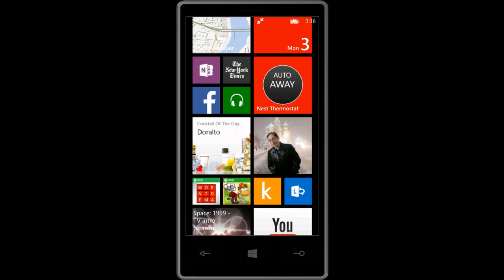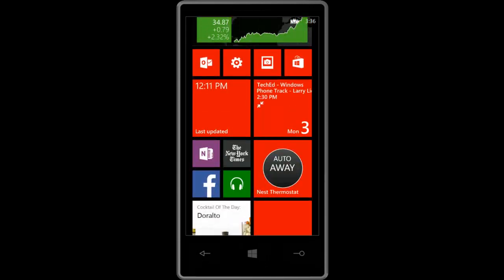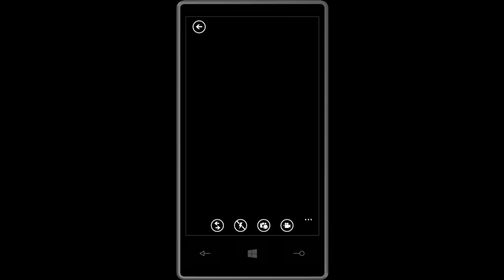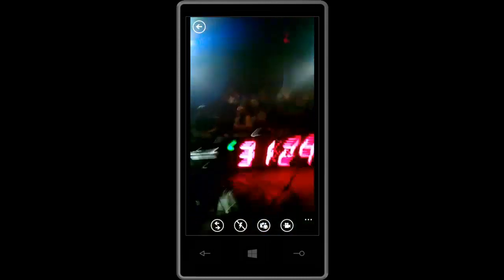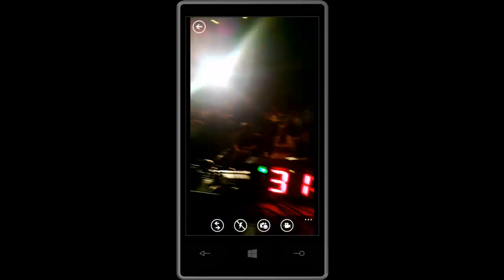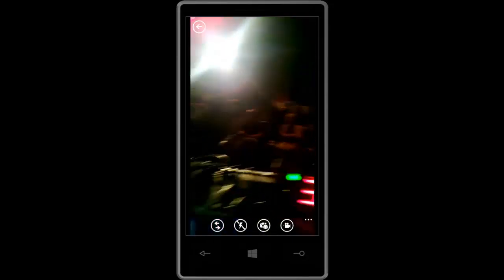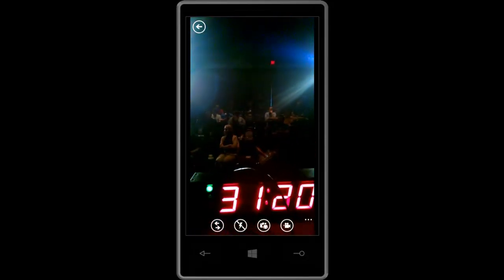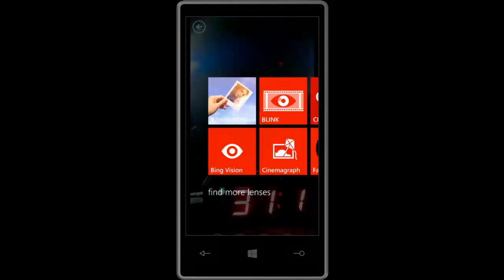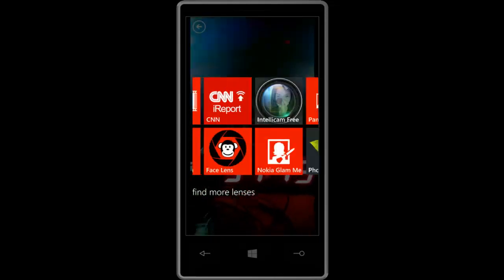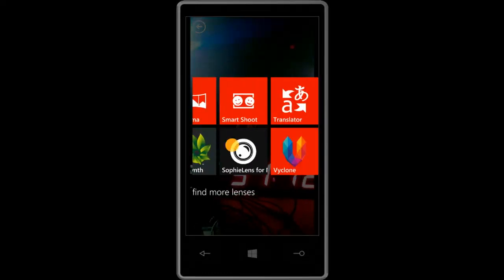I also wanted to mention here about plugging into the phone in contextual ways. Certainly tiles and lock are a key part of this. One of the most compelling ways an application can plug into the phone is through the camera. And so in Windows Phone 8, we provide developers now the ability to extend the camera viewfinder itself through a feature called lenses. And if I have an application that leverages the camera viewfinder, I can actually denote myself as a lens, and then the user can click on this lens button when they're in the camera, and they can see applications that leverage lens functionality.